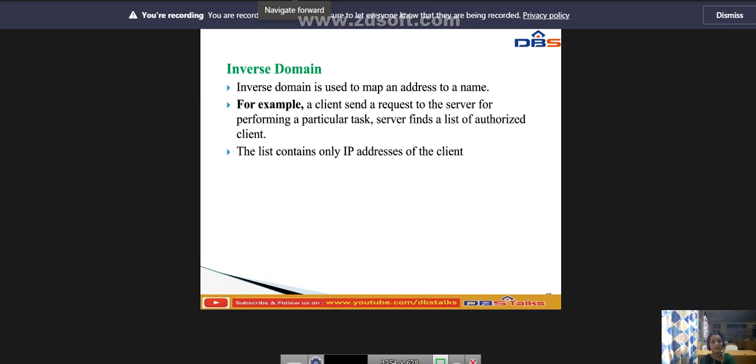The server needs to send a query to the DNS server to map an address to a name to determine if the client is on the authorized list. This query is called an inverse query, and it is handled by the first-level node called ARPA. So this is the inverse domain.